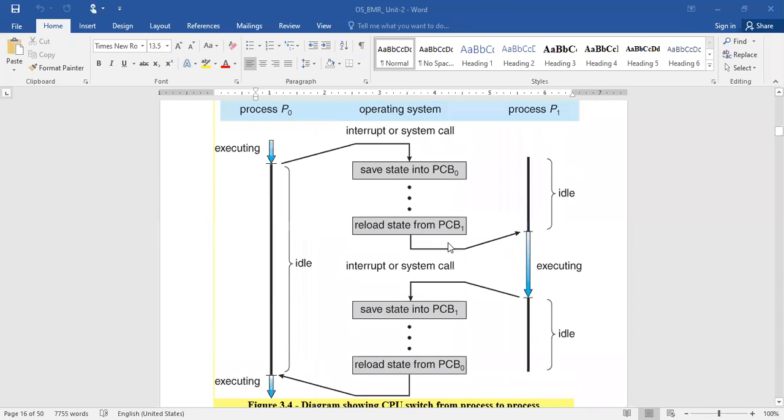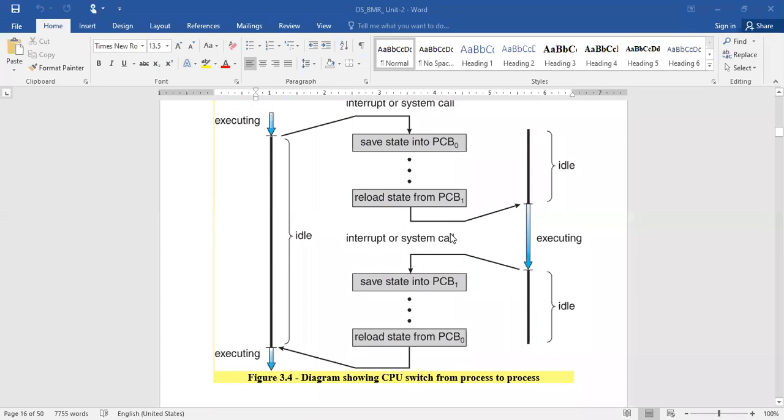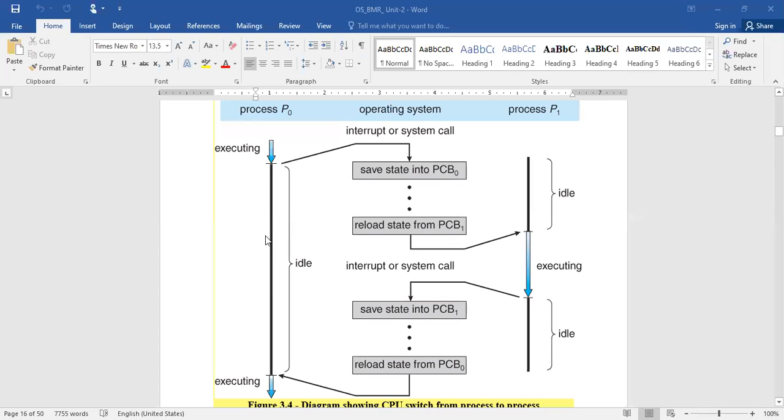Yeah, this is the diagram. In this kind of scenario, it will make the CPU always busy, so that it is possible to complete n number of processes in a less amount of time. So this is what we are calling how the CPU is switched from one process to another process.